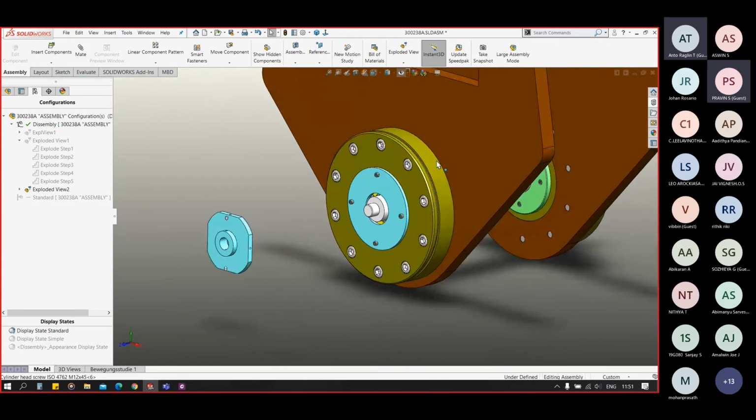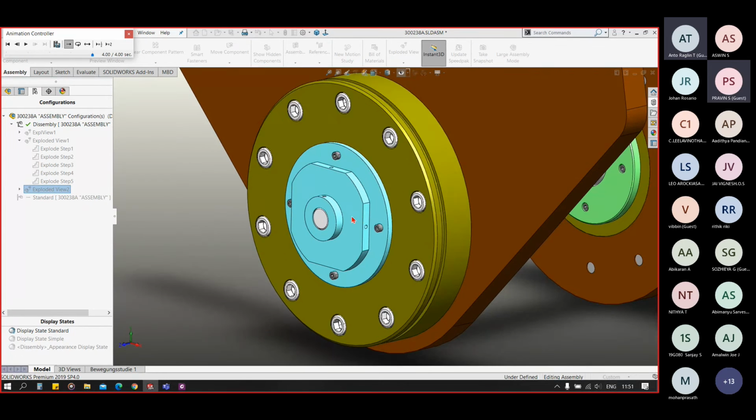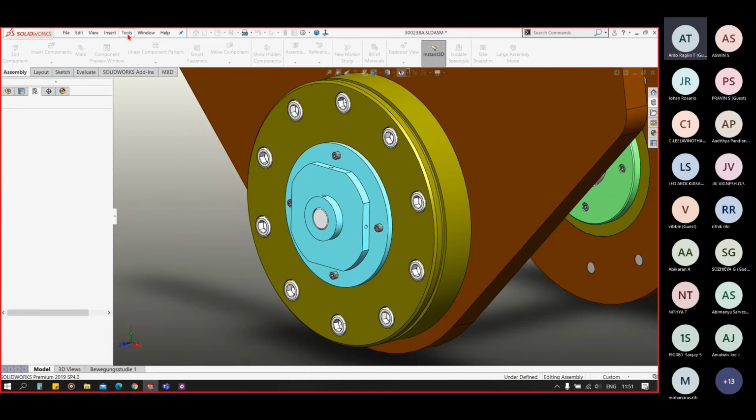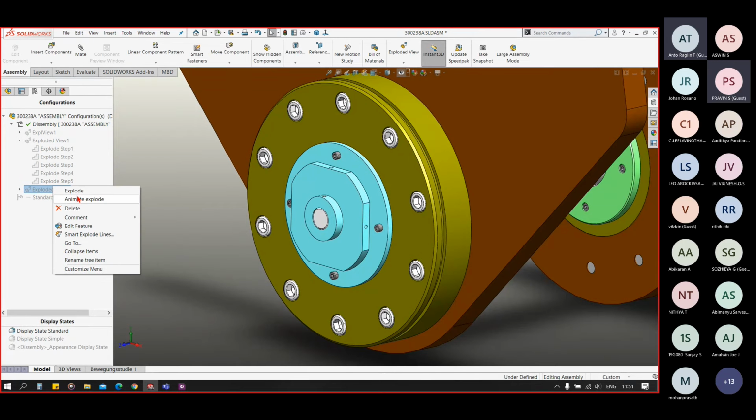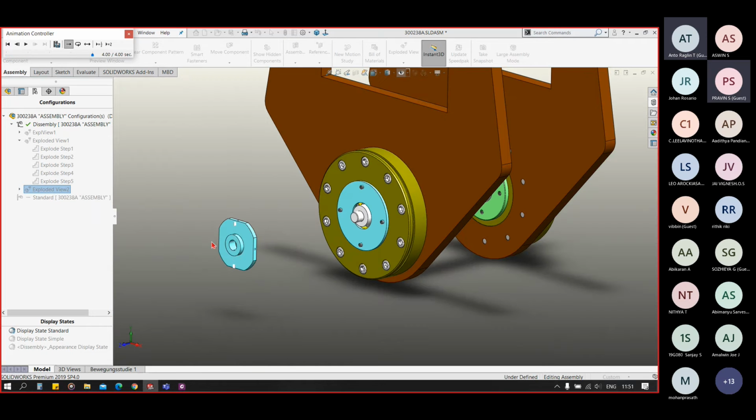So for this left side we have our exploded view number 2, and you can see the screws are going radially inwards. Now please give attention towards that. The screws are coming radially outwards.